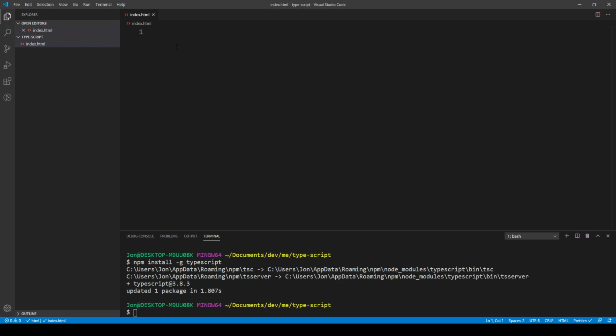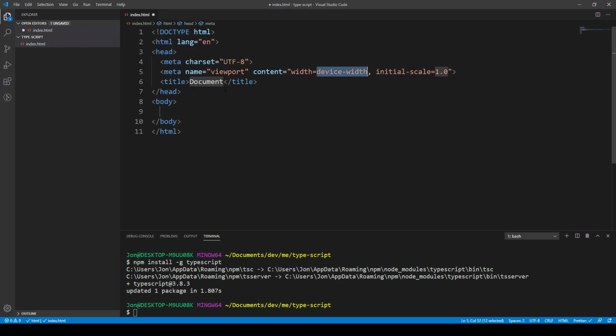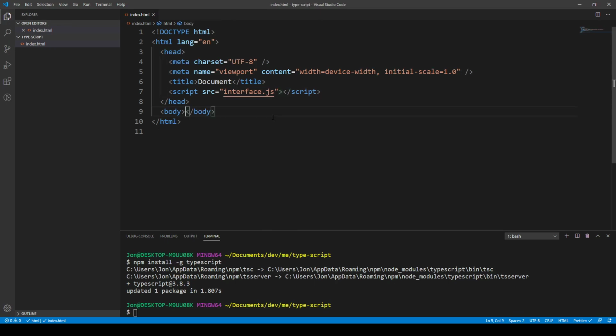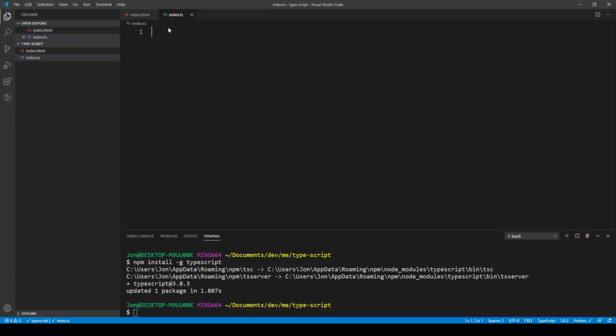You can use exclamation mark and get the boilerplate, and just above the head tag where it closes, we can have our script with the source, and we can call this file interface.js, which we haven't made just yet. So we can save that, and if we make a new file, index.ts, this will be compiled down into JavaScript. For example, if we just had let x equal 5,